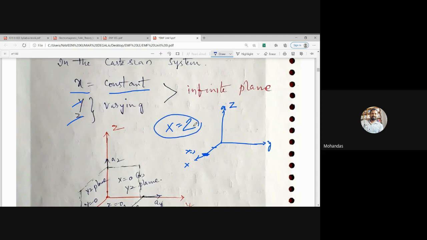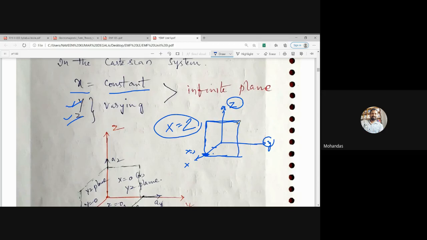By keeping x equal to 2 as constant, which coordinates are variable here? Y and z. So y is varying, parallel to the y-axis, and z is varying. Up to how much can you extend the y coordinate? We can extend y from minus infinity to plus infinity, as well as the z coordinate. So if you vary the y coordinate as well as the z coordinate, what will we get here? We will get an infinite